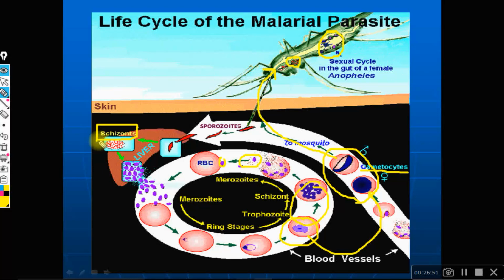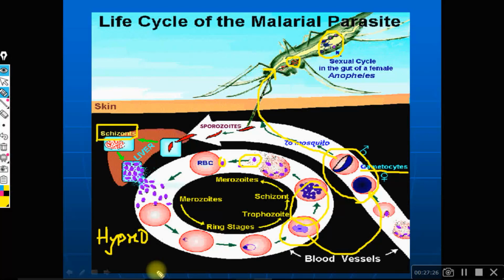Because they are a sleeping form of these schizonts, they are called hypnozoites. You know that hypno refers to sleeping form, because they are not present in the blood. So a normal drug like chloroquine is a very good blood schizonticidal agent. See, now you will be able to learn this term. When I say chloroquine is a blood schizonticidal agent, you know that cidal means to kill. So one which kills schizonts in the blood, acting on the erythrocytic cycle,